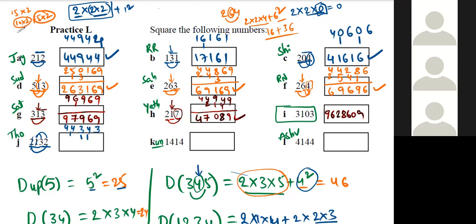2 into 3 into 2 is 12, sir. Then the last two duplexes, 4, sir. And the answer is 4, 5, 4, 5, 4, 2, 4. Correct. This much bigger number squaring we are also doing in a single step, right? Yes, sir.